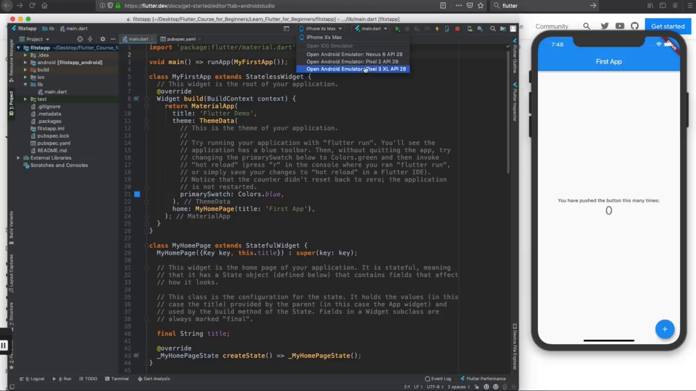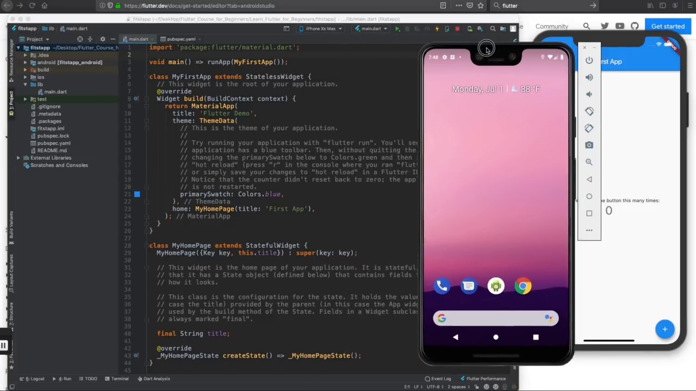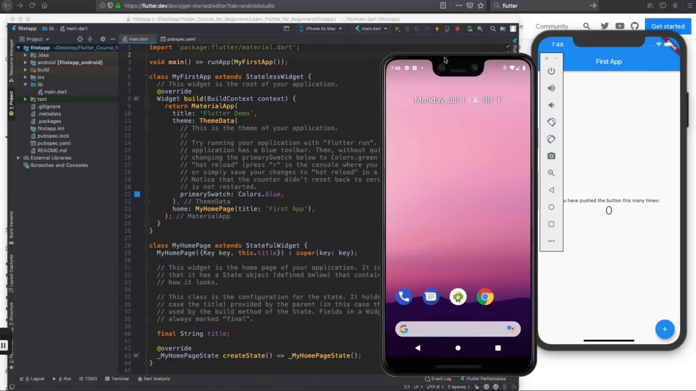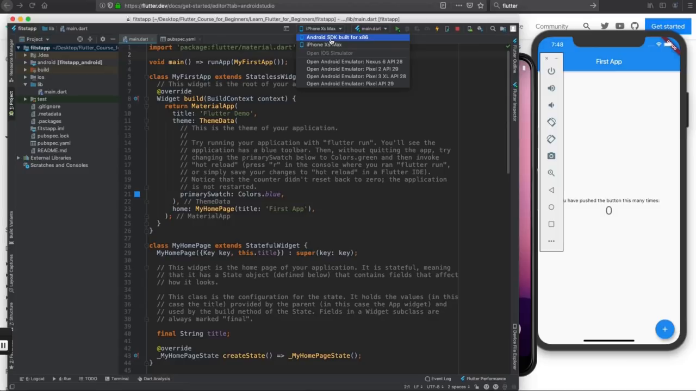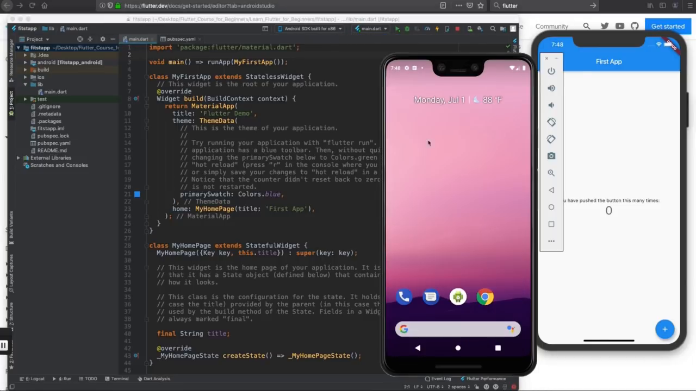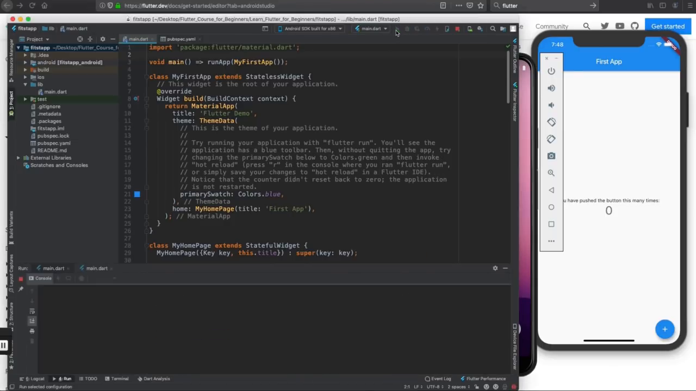It's not updated now, but I can choose, for example, the Pixel. If I click it, it will run the phone. And then you can choose from here. Okay, our just-added Pixel is here, and when your phone is up, you can choose Android SDK built for x86. Just click this, and then you are selecting this one, and you click run. It is really easy